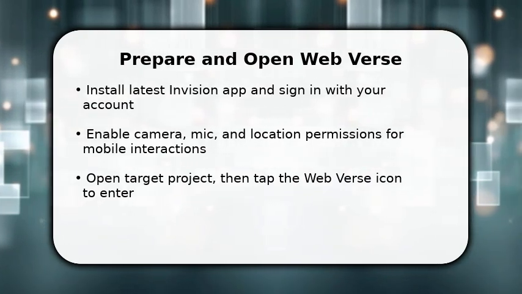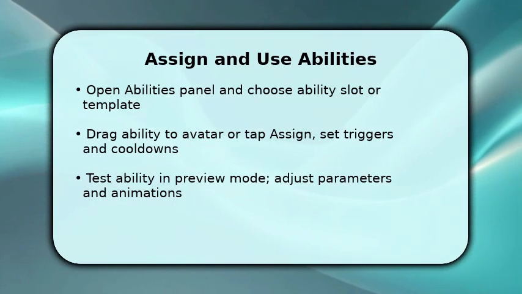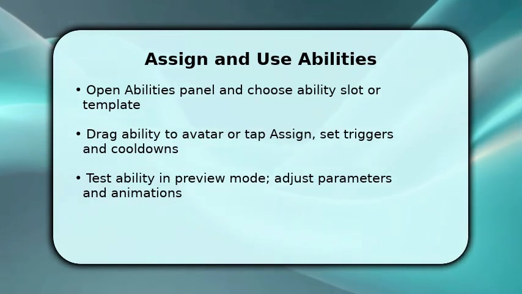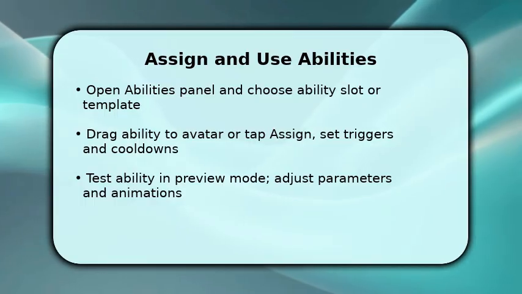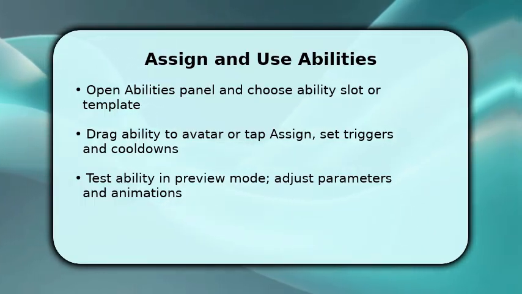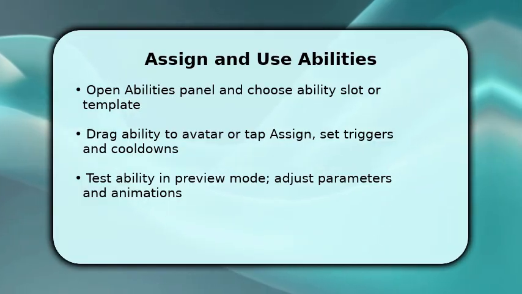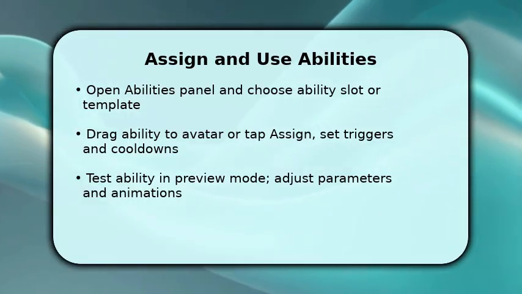You assign abilities by opening the Abilities panel and selecting a slot or template. This is where you define what the ability does. Drag it onto your avatar or tap Assign, then configure triggers, input gestures, range, and cooldown values so behavior matches